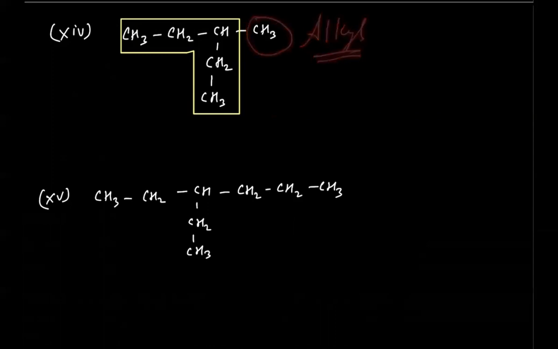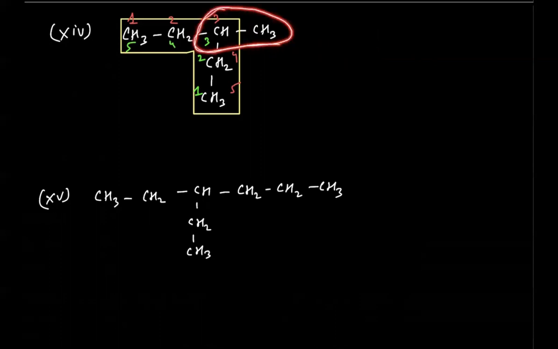As in, you have one carbon left, so this is a methyl group. So let's start numbering it again, because we'll have to tell at what position this methyl group is placed. It won't matter whether you number it from top to bottom, 1, 2, 3, 4, and 5, or from bottom to top, 1, 2, 3, 4, 5. In both the numbering systems, the methyl group comes out at position 3.